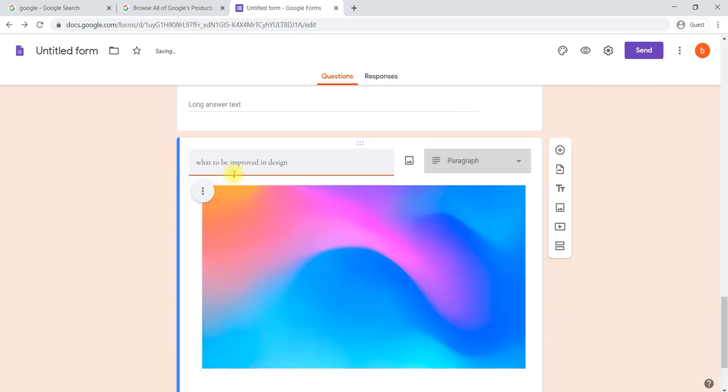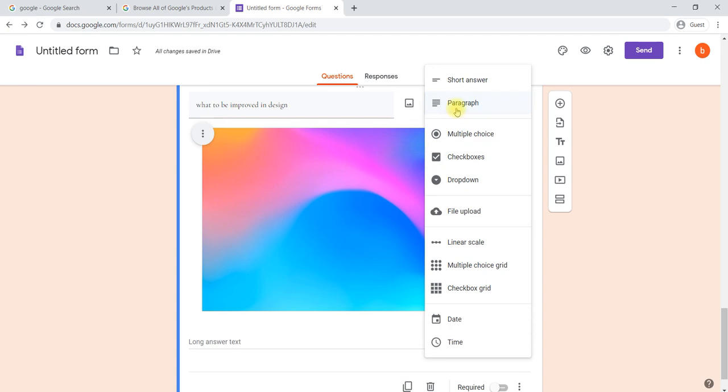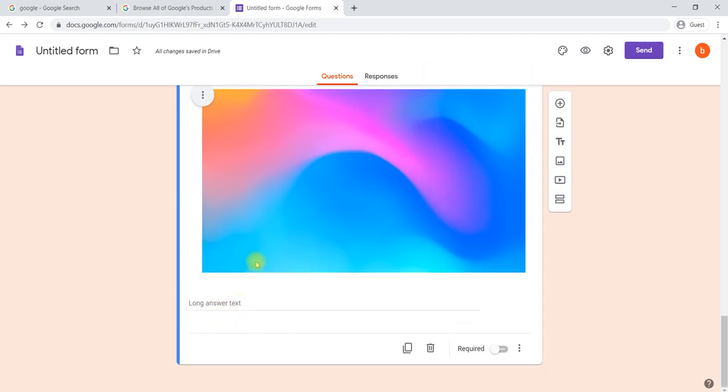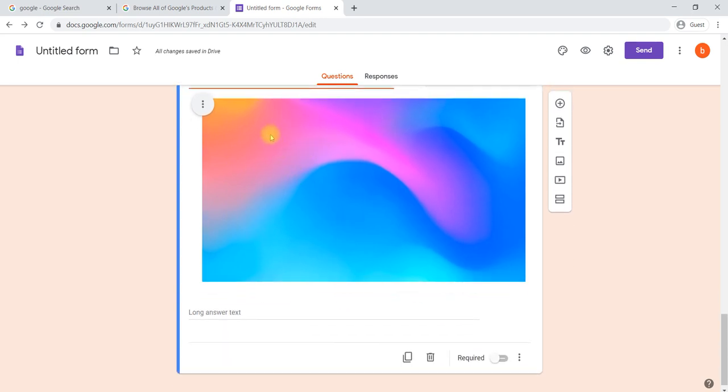Automatically it will take a paragraph kind of answer, so whoever you have shared this question with will write the answer in a paragraph. By looking at the image, by looking at your design, he will give a comment. These kinds of questions also you can ask.